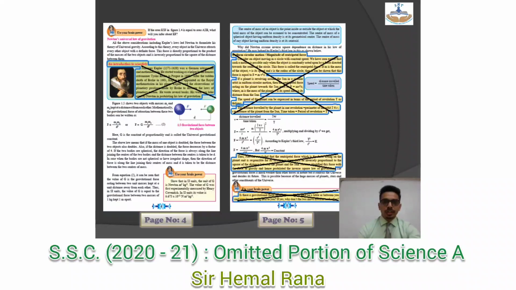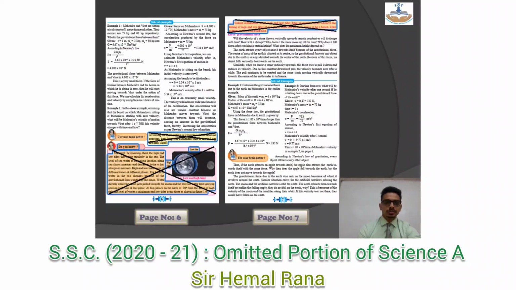On page 5, you do not have Uniform Circular Motion. So this entire part you do not have. Please remove that part. Later on, you don't have the paragraph which is next to the formula or derivation. That part is not there. Use Your Brain Power is not there. Remove that part. Coming to your next page, page number 6. On page number 6, you do not have Use Your Brain Power. You don't have Do You Know.